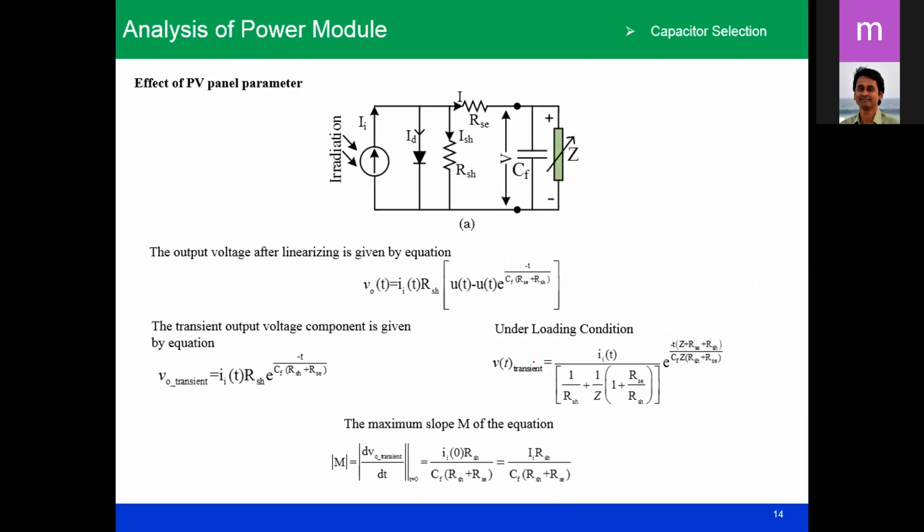So now in the next slide, see here that I have taken the same capacitor. Let us say this is your load, that variable load. I mean, if you have a converter here, you just reflect the secondary load to the primary side. So you can consider this Z to be your load.